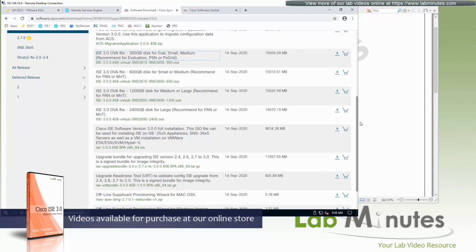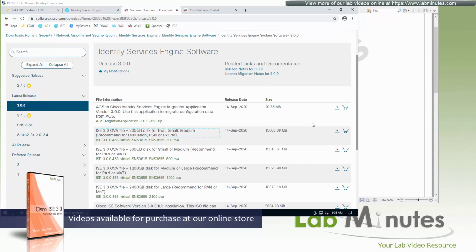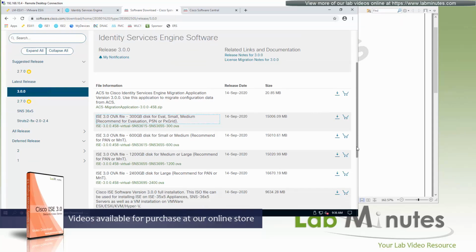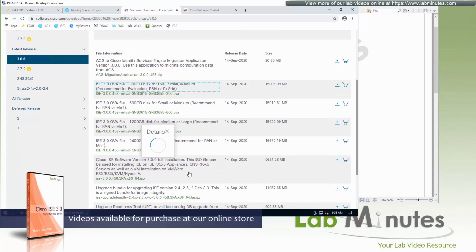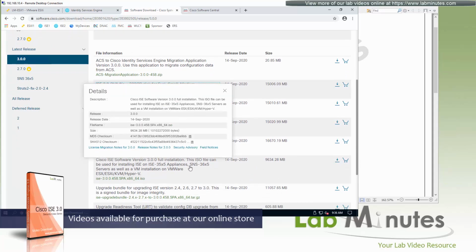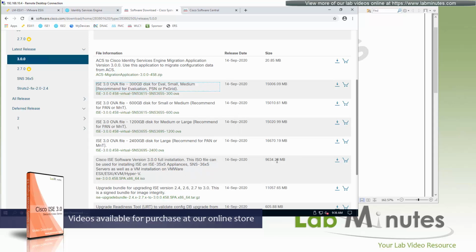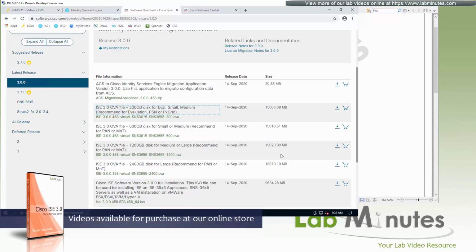fits your ICE design. Then I just want to point out that there's an ISO file down below right here for a full installation. This is for both the 3500 and the 3600 model appliances. One thing to notice is that the size of the ISO is almost half the size of the OVA. Again, one last thing, I cannot stress enough how important it is to have proper disk space from